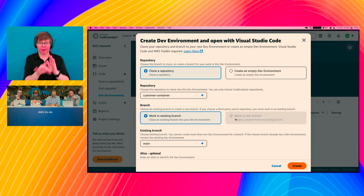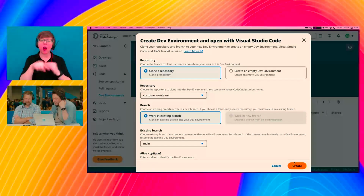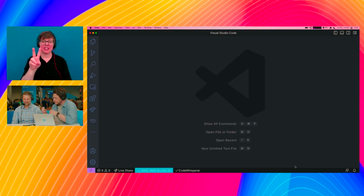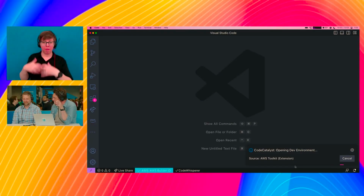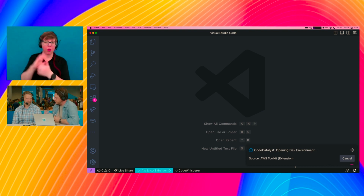We support multiple... What I'm doing here is, I'll talk about it as it's loading up, but I'm going to clone this repository into our dev environment. And what this is doing is it's going to open VS Code on my local machine. It's actually setting up a cloud container with all of the project context loaded into that. And you'll see as we start doing things with push and pull with Git, not having to fuss with credentials